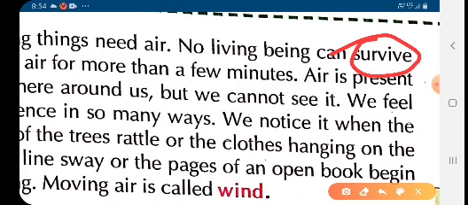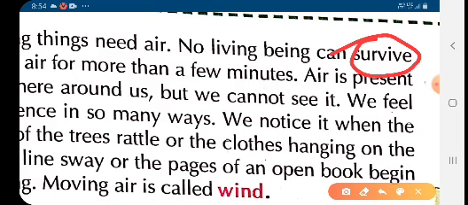Few seconds. After that you automatically open your mouth, as you need to breathe in air. So when you close your nose, automatically your mouth opens so that the air enters inside and you are able to breathe. So children, only for a few seconds can you hold your nose tightly. Otherwise,